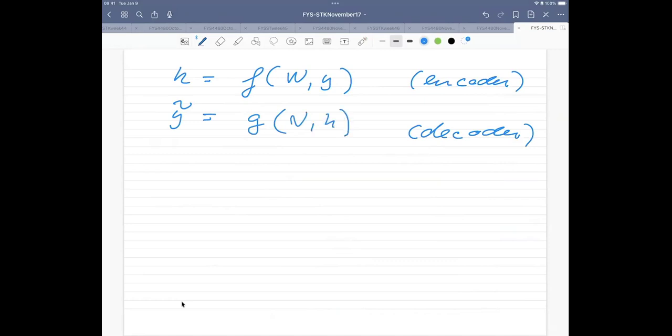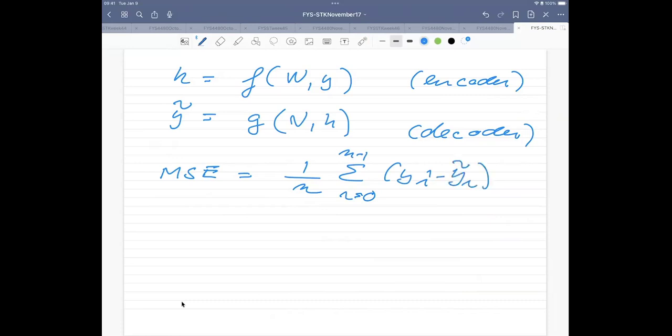And then if we define a metric like the mean squared error, we want to optimize the difference between y of i minus y of i tilde, squared. It means that the optimization, in our case, is going to look like this.